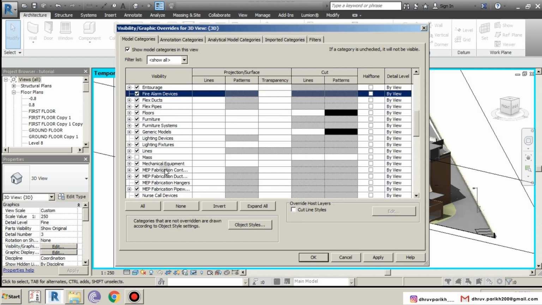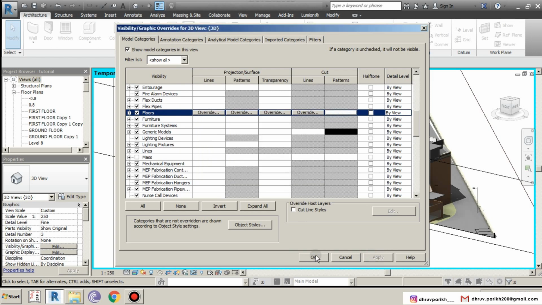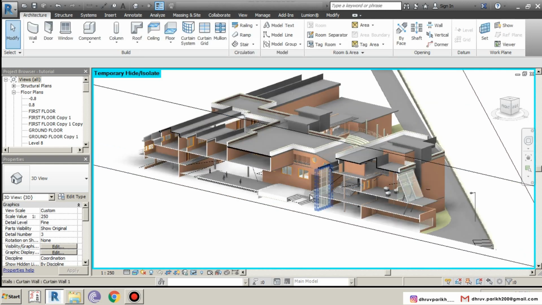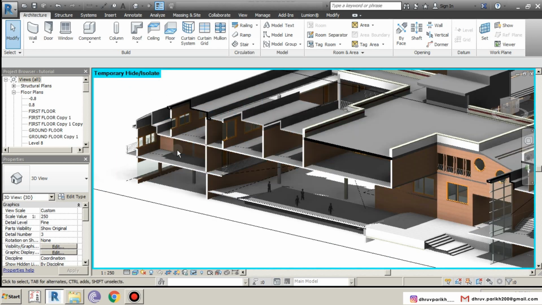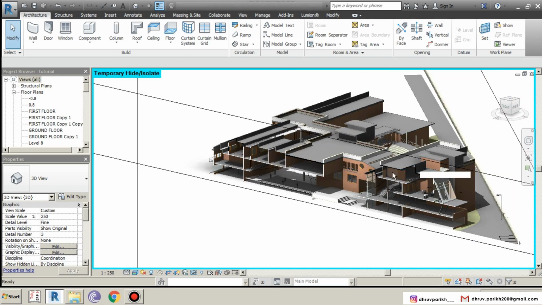Okay, go to floors and change the color to white, and give this pattern solid fill. Okay, apply. Okay, the elements that are being cut are showed in white. I'll keep it black only.